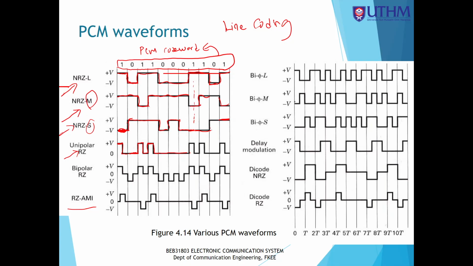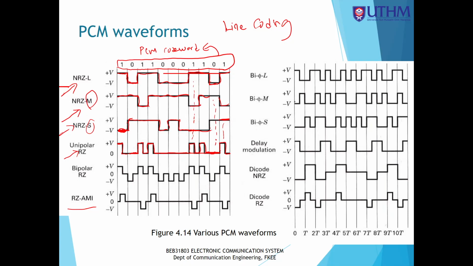And then input logic 1, so it will produce positive output and then return to zero. Okay, and then input logic 0, it will maintain at 0 volt. And then the next one is input logic 1, so logic 1 will produce positive output voltage and then return